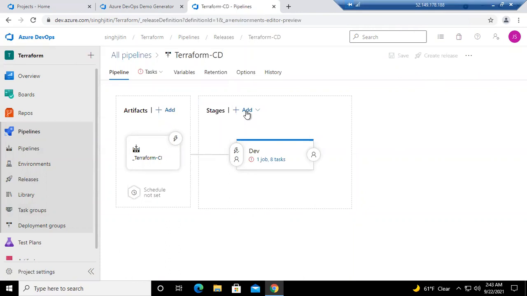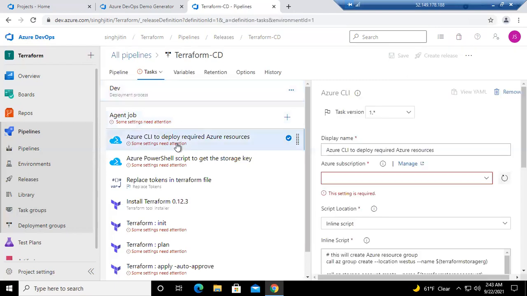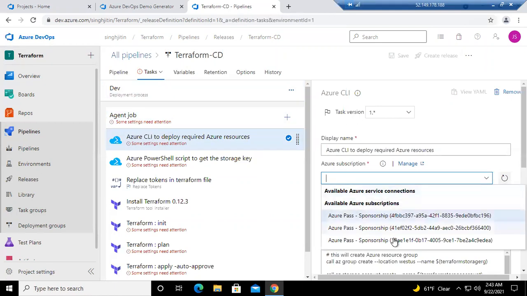We call it gates. Now, if in case you would like to do any kind of testing, let's say A/B testing or any sort of environment, you can create multiple stages as well. You can add more stages. Currently, we are going for the deployment. So what you need to do, you just need to authenticate using the subscription that you will be using for the deployment over here. It will be asking you to provide all the subscription information that you will be using.